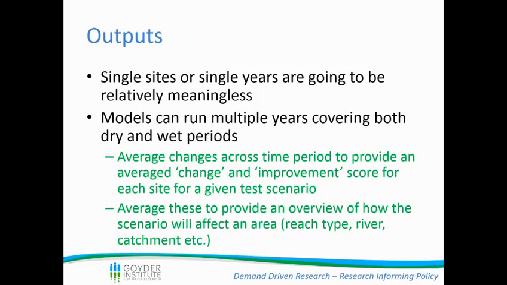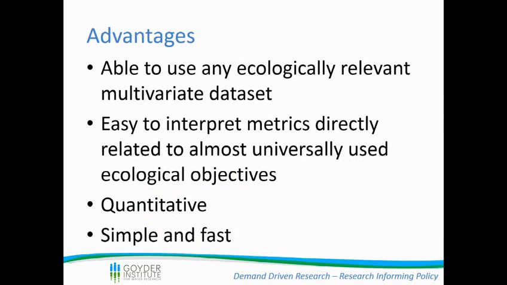So basically the output to this provides you with empirical numbers that you can then use for risk assessment. It's averaged across years, which is really good because it takes into account wet and dry and all that sort of thing. And then you can average different scenarios and different sites to look at how things are changing at different spatial scales. The advantage is being able to use any ecologically relevant data set. So we set this up to take into account macroinvertebrate community condition, but you could use flow metrics that are ecologically relevant. You could use anything, and it doesn't have to be anything to do with flow. You could use this for any ecologically relevant data set for any ecosystem.